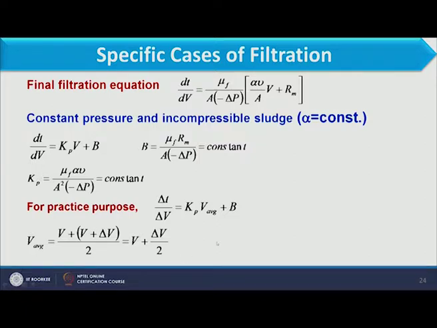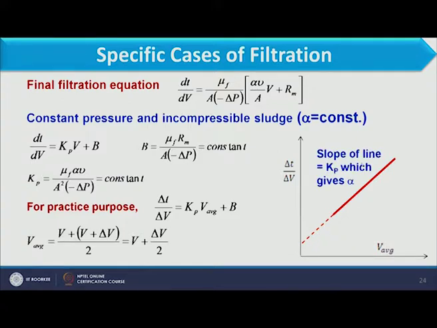So here you see this equation, delta T by delta V equal to Kp V average plus B. Here we can plot delta T by delta V with V average, and it is a straight line equation, so we can get this line. And when we extrapolate this, it has the intercept and